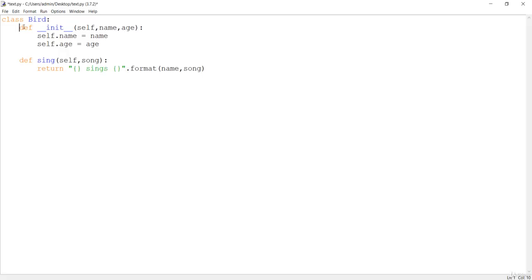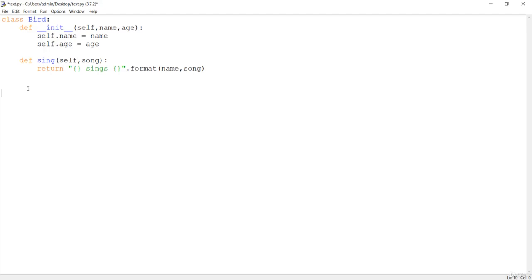And after that, the first method of any class is the init method, which is the constructor, and this method is going to be called when you instantiate the class's object. So if you make instances of the class, then this method is going to be called automatically. Let me show you how to make instances of classes. In order to make an instance, you have to give a name to that object.